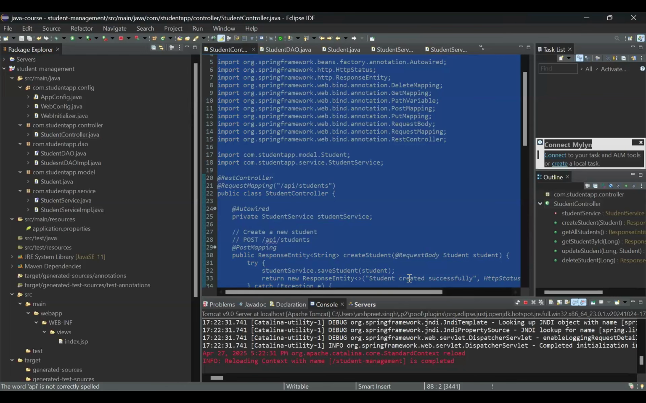Okay, so whenever you need to create a project, how will you do it? You go to File, then New, then select Maven Project. Clear? Then select Create a simple project. Okay, then